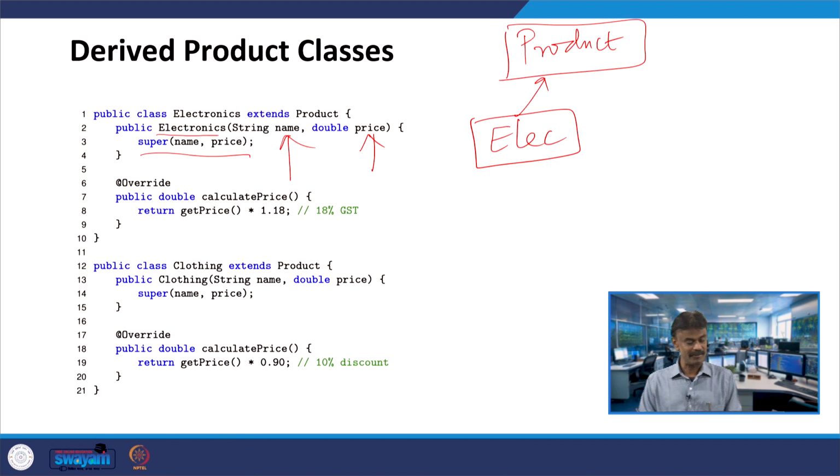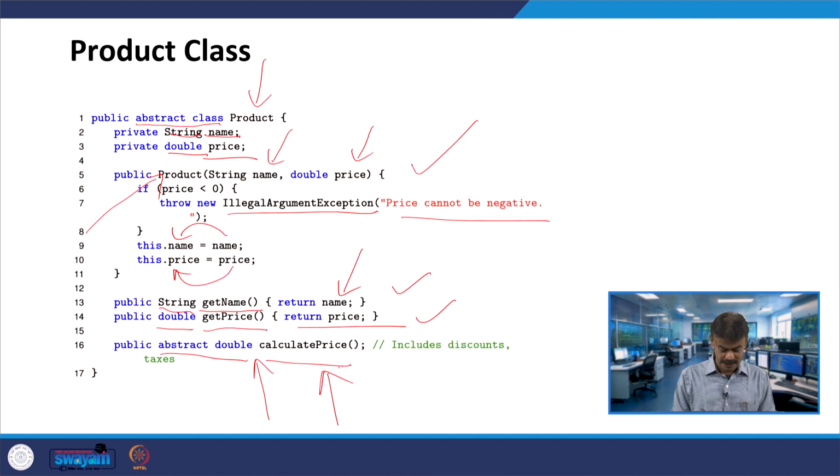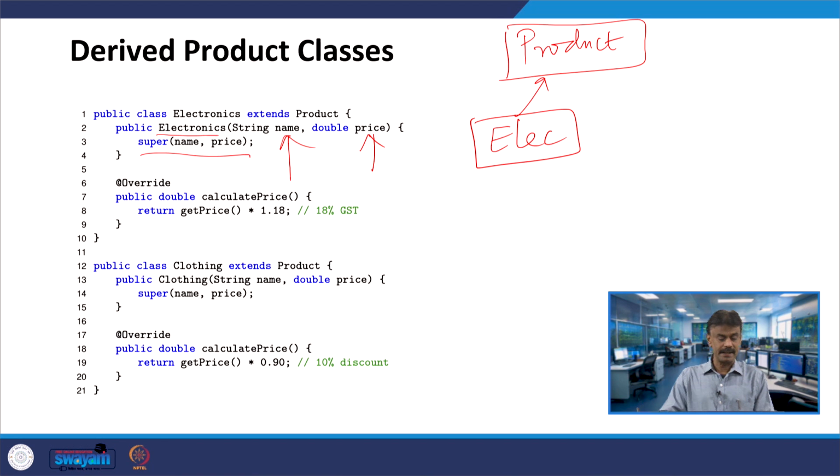So, in case you are having the object under electronics, I now have an overriding function calculate price over here, anyway this is an abstract method. So, here, assume that you have an object under electronics or you are upcasting to electronics, this will be called.